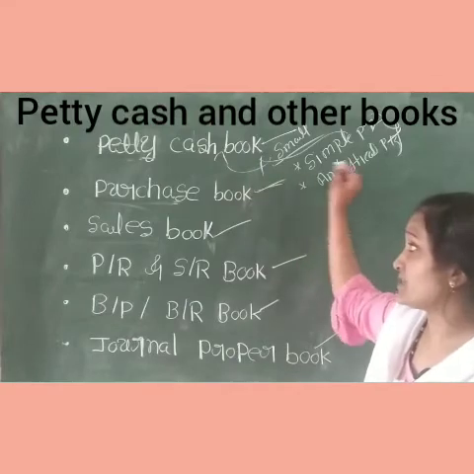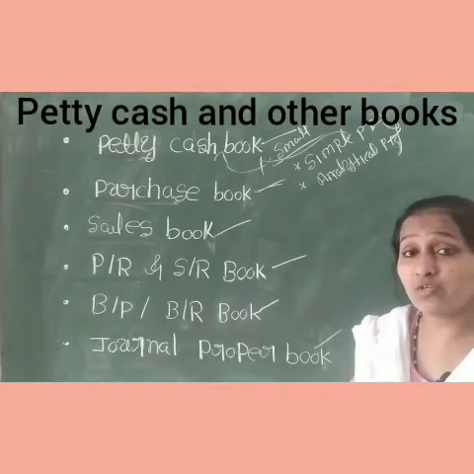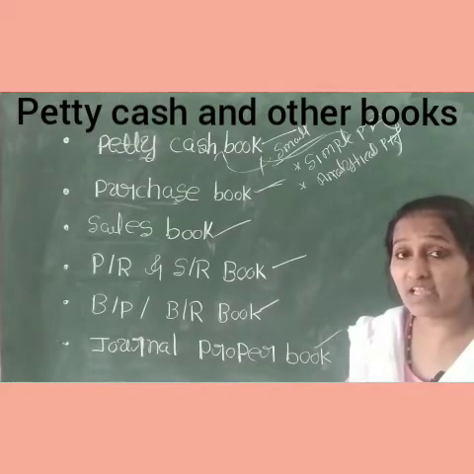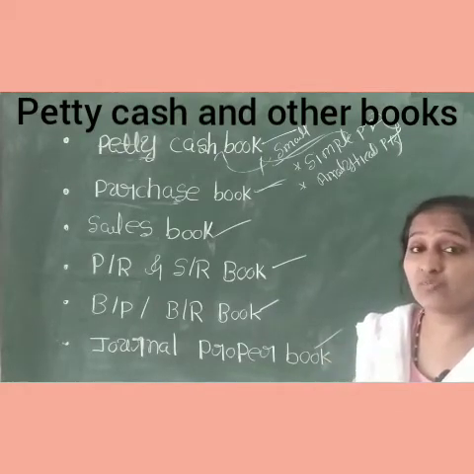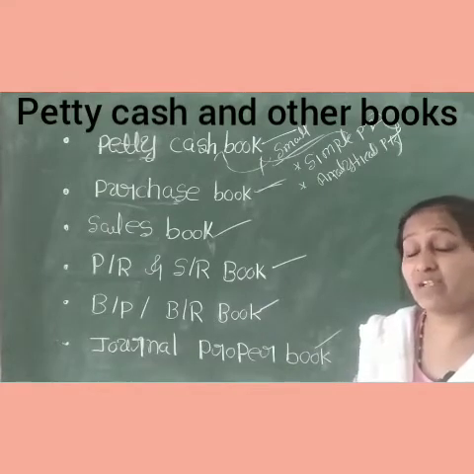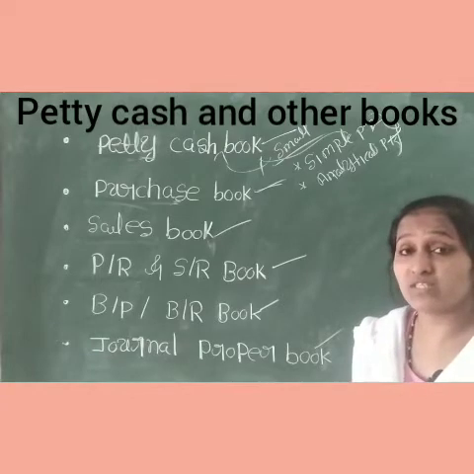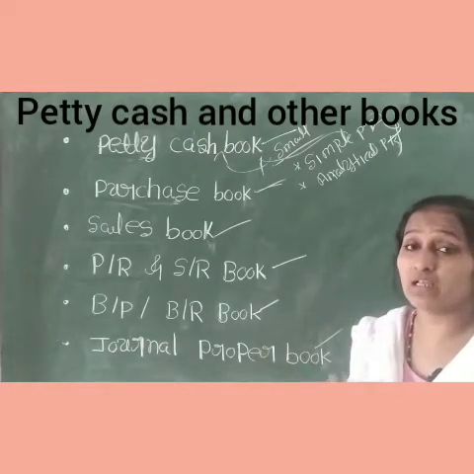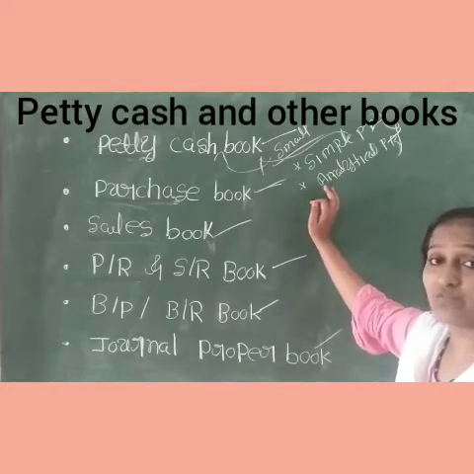The next thing we are supposed to discuss is the purchase book. After coming to know what the petty cash book is and what its two types are, I will revise once again: the petty cash book is the book where we enter very small expenses which cannot be entered in the single and double column cash books. That is the reason we separately open one book of account.